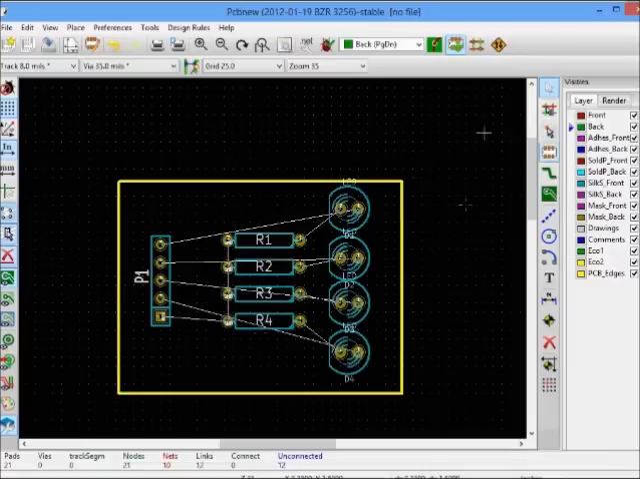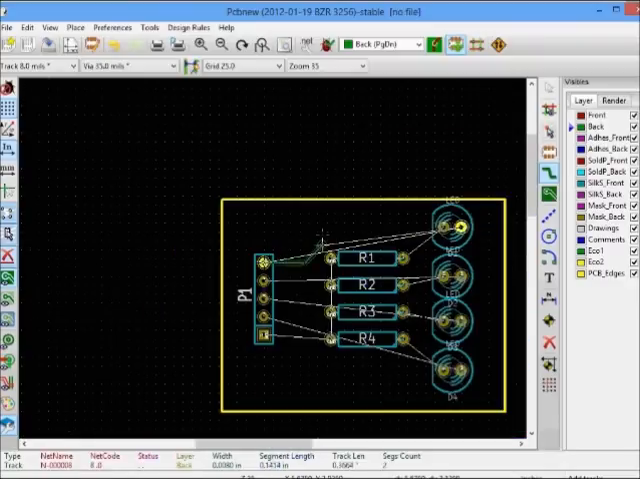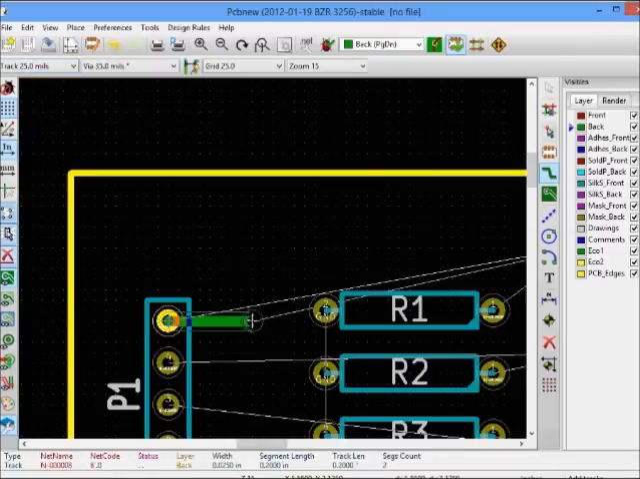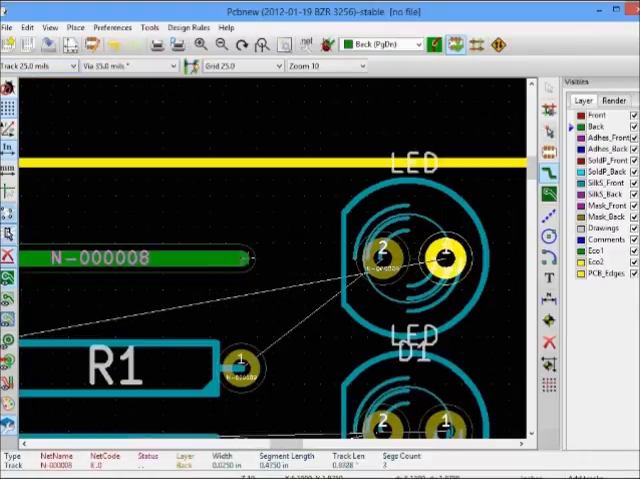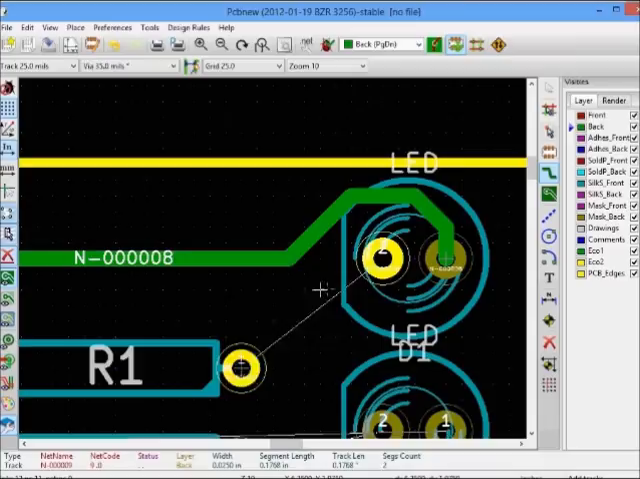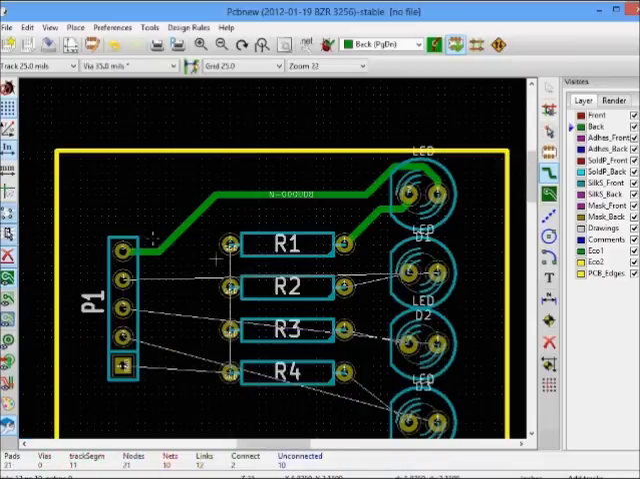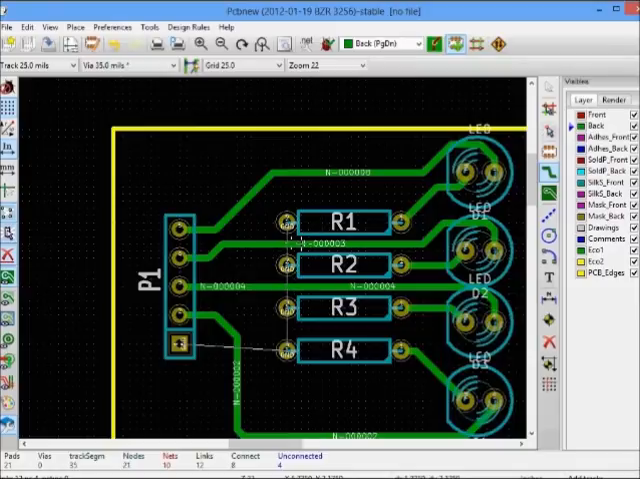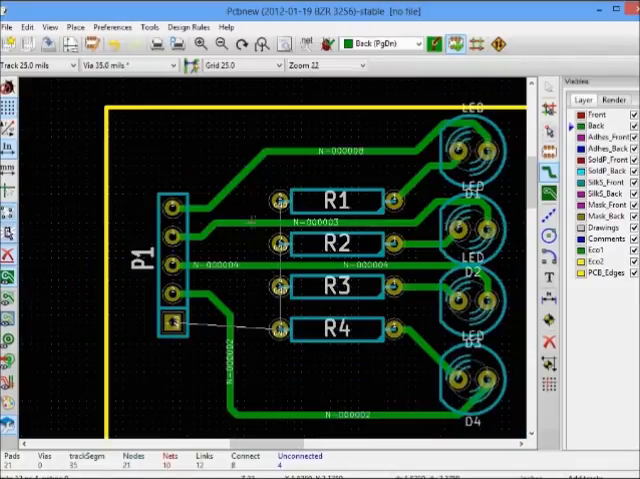So let me go ahead and route, and to route you select the layer. Here I'm routing on back, and then you select the track, and you just proceed according to the netlist. Before I do that, let me select the custom track size, and then I'll go ahead and route the board. Now this is a basic route, and then you see these connections overlapping, so you might have to use jumpers